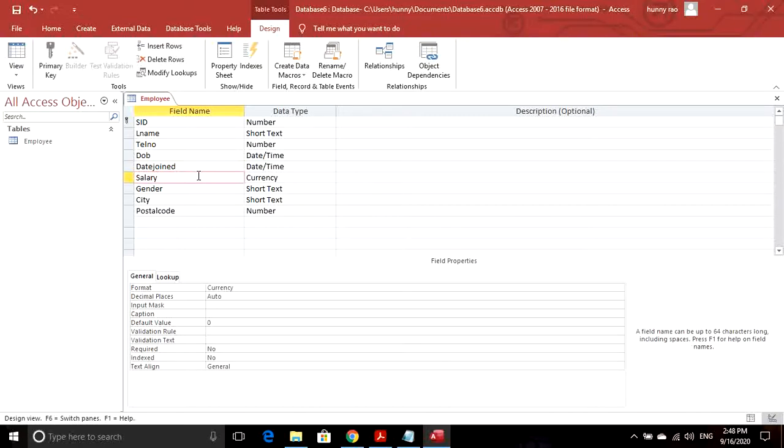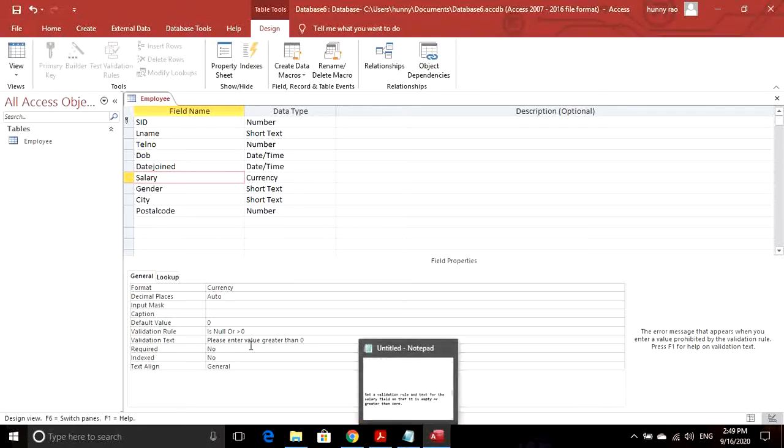So we will select salary from here, and in validation rule we will write is null, it can be left null, or greater than 0. And in validation text we will write please enter value greater than 0.